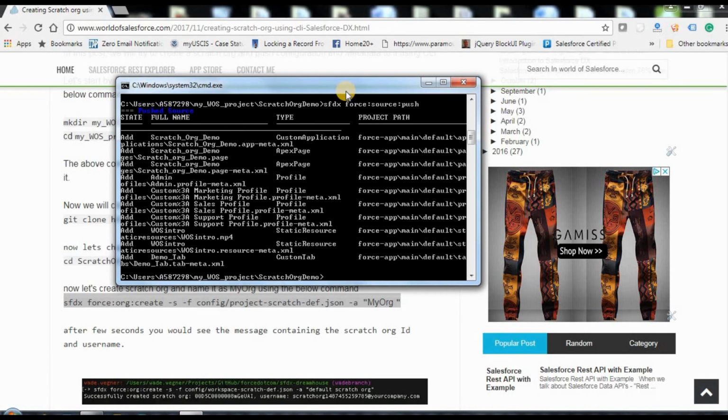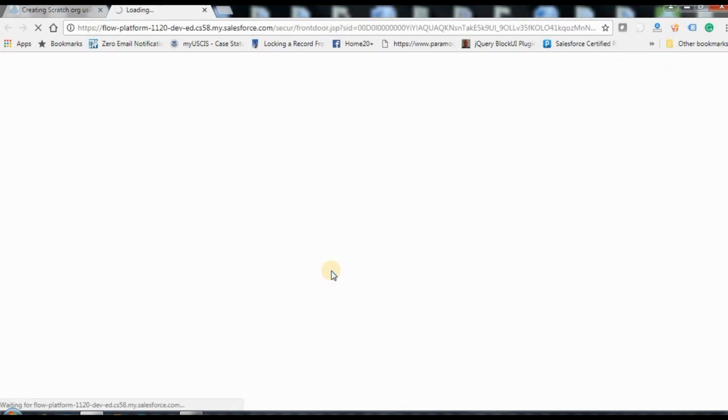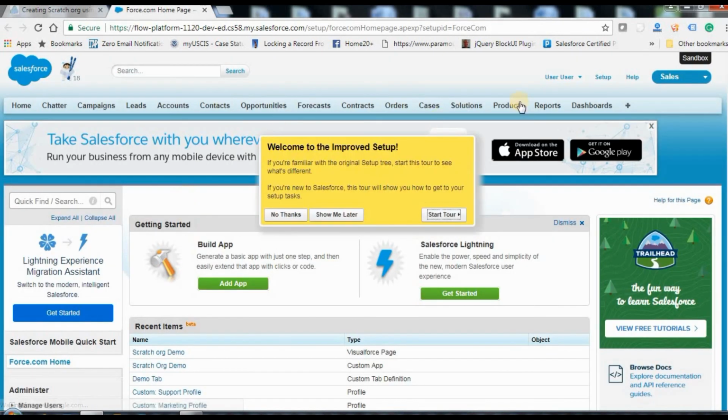Now you see a couple of things have been pushed, namely some custom applications, VF pages, and some static resources. Now let's try to open the org again and see if the changes have been made. It usually takes 10 seconds to open the org. Now, yeah. So it opened the org, and